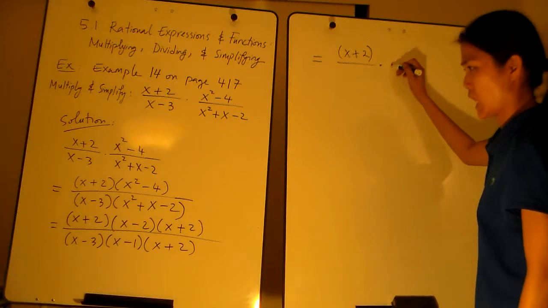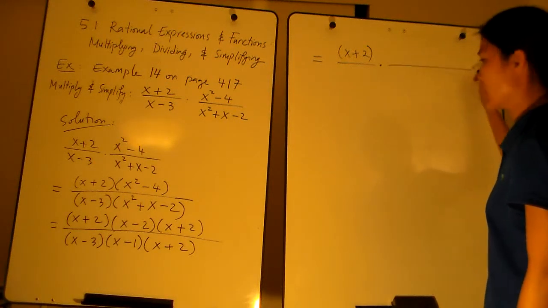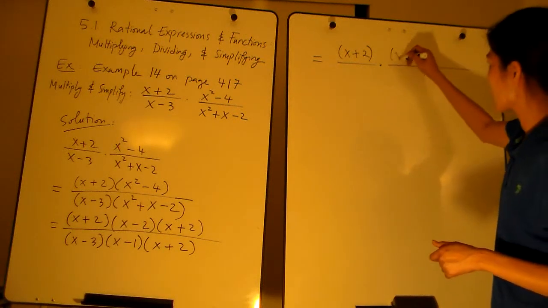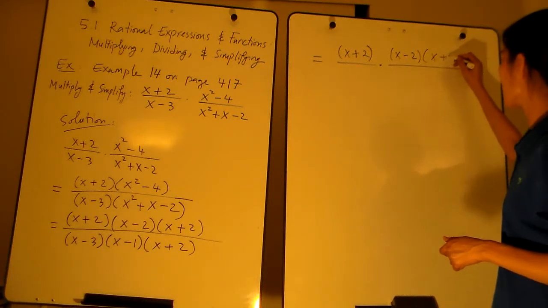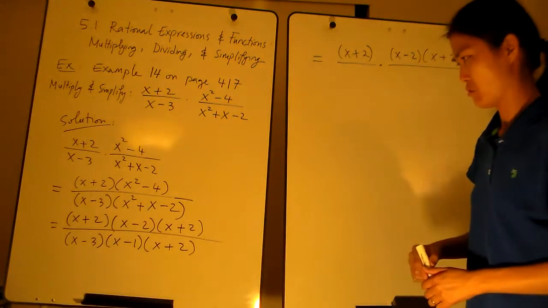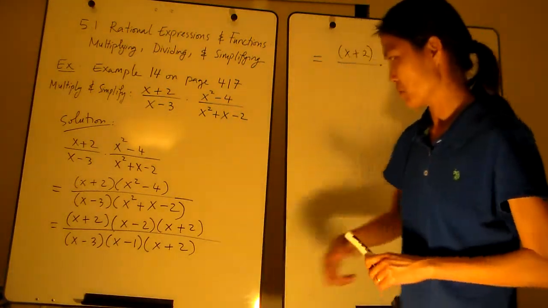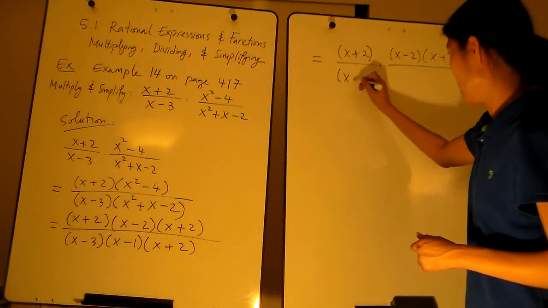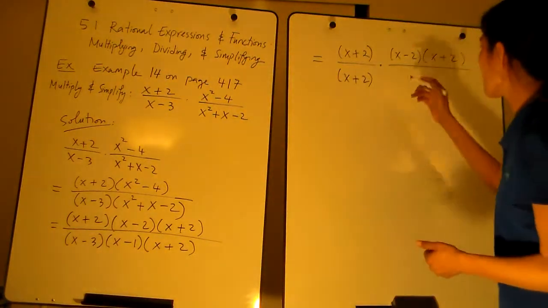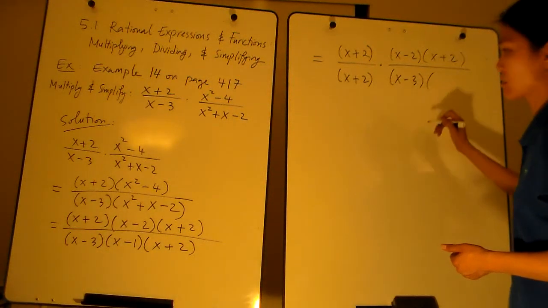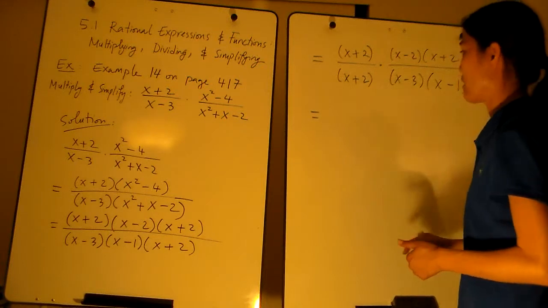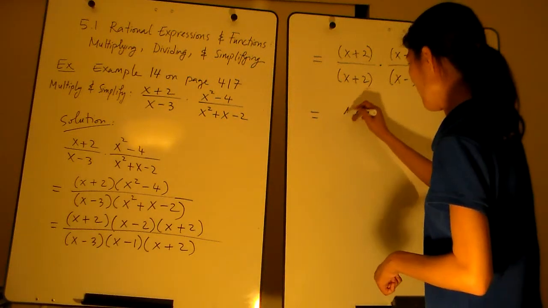What's remaining? The remaining is x minus 2 times x plus 2. Right, just factor this x plus 2 out. Remaining is x minus 2 times x plus 2. In the denominator, x plus 2 is also a common factor. As it factors out, the remaining now is the two terms, x minus 3 times x minus 1, okay? x plus 2 divided by x plus 2 is 1. So factor 1 times,